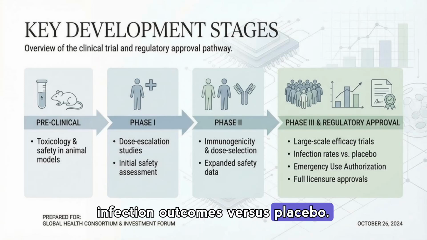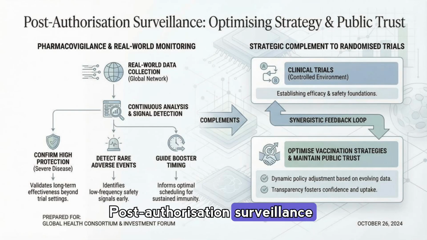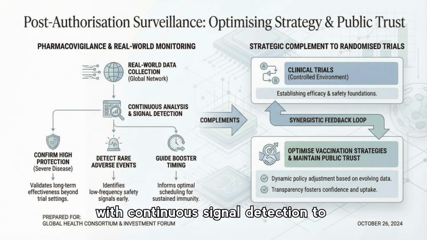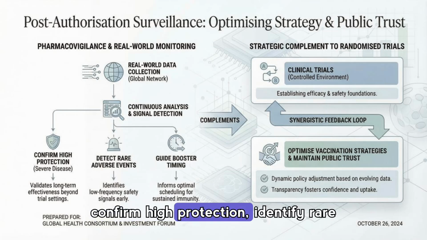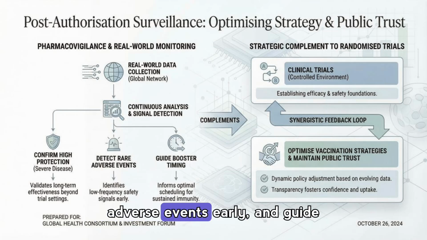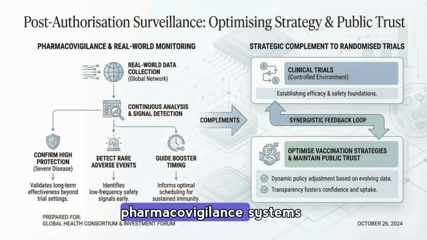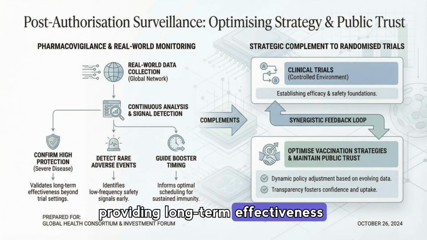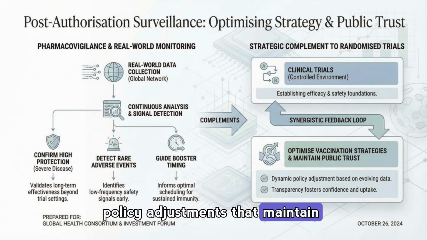outcomes versus placebo. Post-authorization surveillance combines real-world data collection with continuous signal detection to confirm high protection, identify rare adverse events early, and guide optimal booster timing. These pharmacovigilance systems complement randomized trials by providing long-term effectiveness evidence and support transparent policy adjustments that maintain public trust